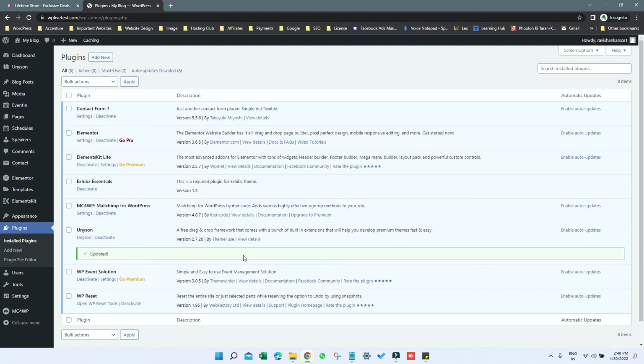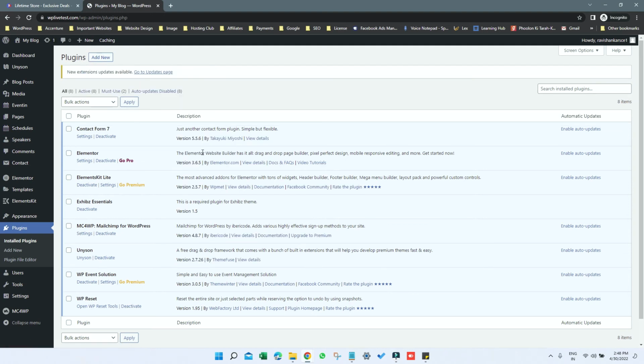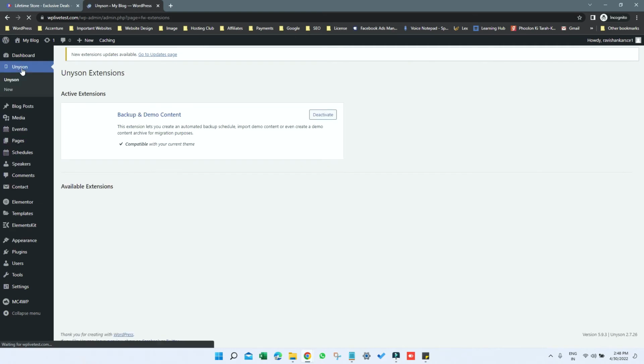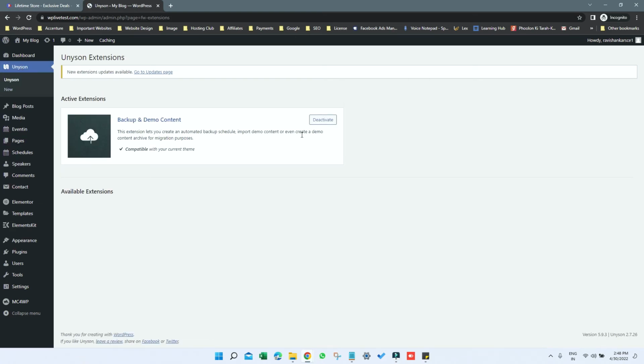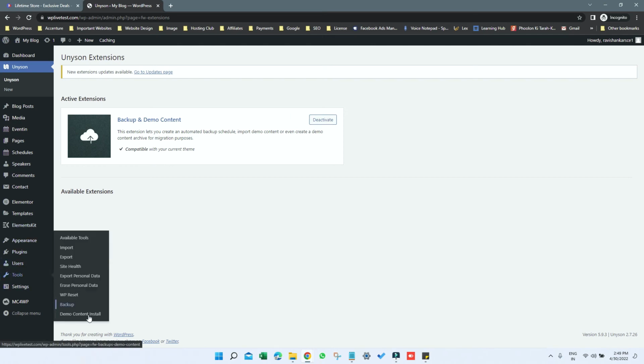Once Unison is updated, in my case it may not ask as well, so let me clear my cache once. Now it's time to go to the Unison section. Just click on that and see if backup and demo content is activated. So it is already activated, we don't have to deactivate it. Now just go to Tools and then click on Demo Content Install,